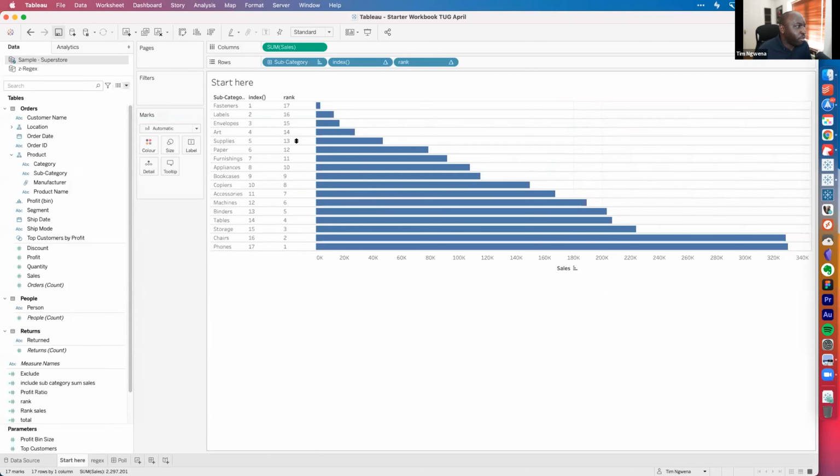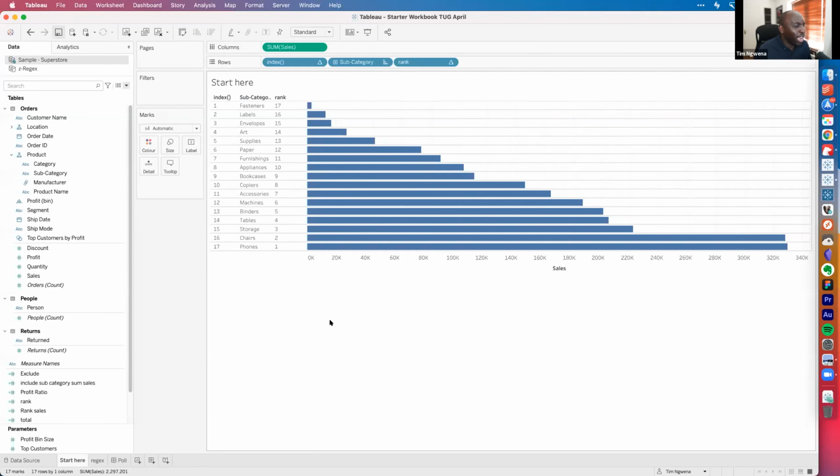So even if I go in reverse order, the rank will go in reverse order, but the index will stay exactly the same thing. So index is great for just creating row numbers in tables and just giving some sort of record identity to individual lines. Okay. Now the next two are sort of